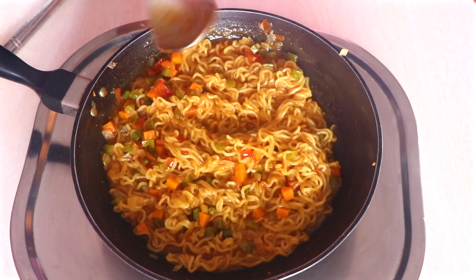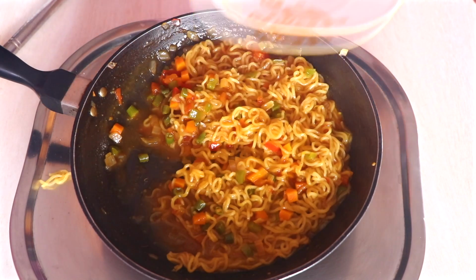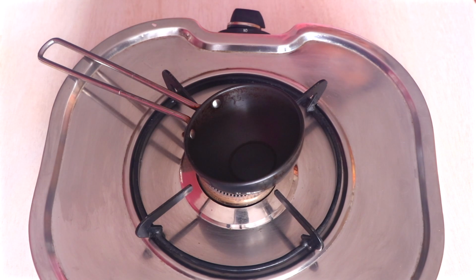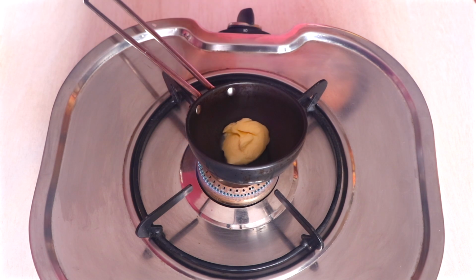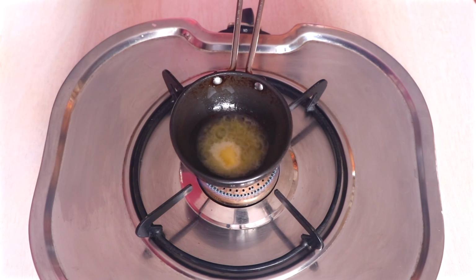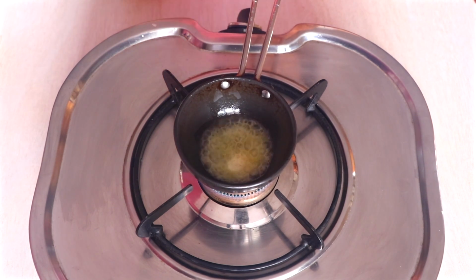So now let's remove the noodles in a bowl and let's start working on the star of this recipe, which is the tadka. So now guys, in a tempering pan, I'm going to add about 1 tablespoon of butter. You can use any butter which you have in your house. I'm using Amul butter. And once the butter starts melting, I'm going to add 2 cloves of garlic, which I've